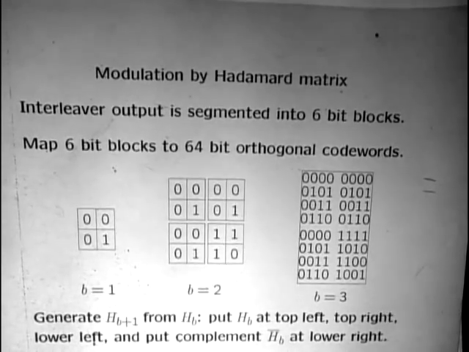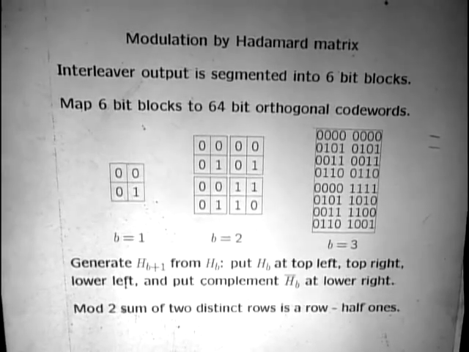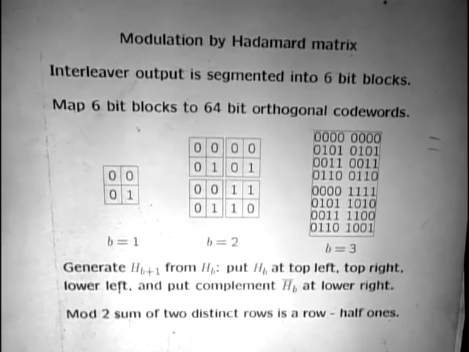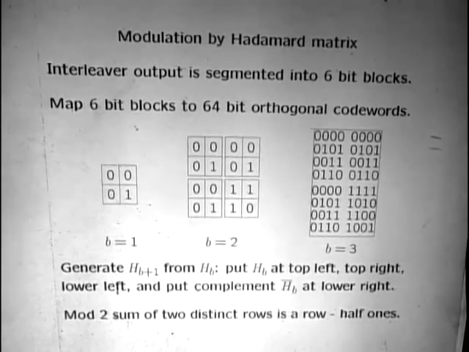Okay, the next thing we're going to do: you thought you were through with coding, but no, in this system, there are actually 2 stages of coding that you go through. You can view one of them, though, as modulation instead of coding, and therefore you can claim you're only doing 1 stage of coding and 1 stage of fairly